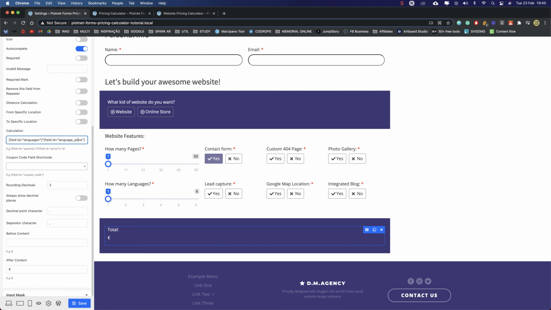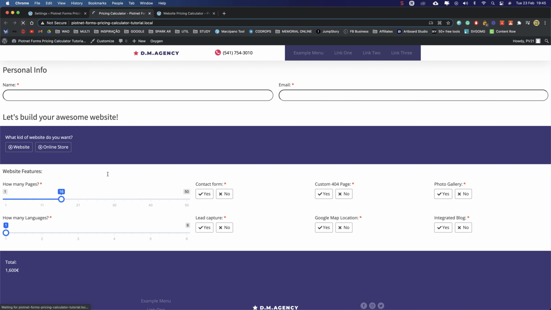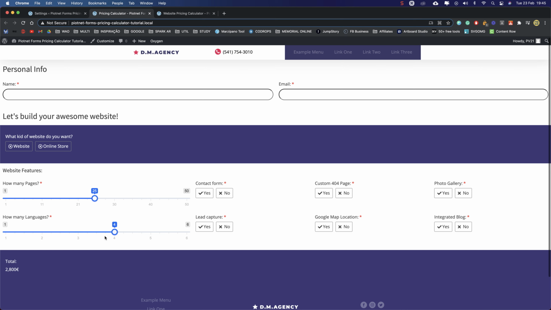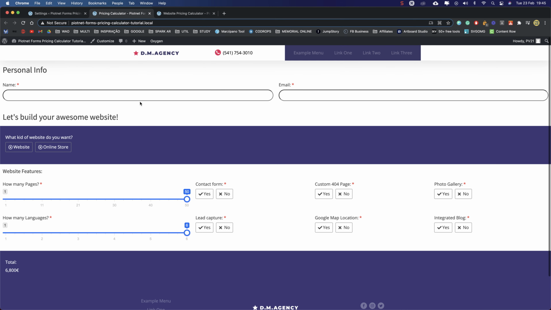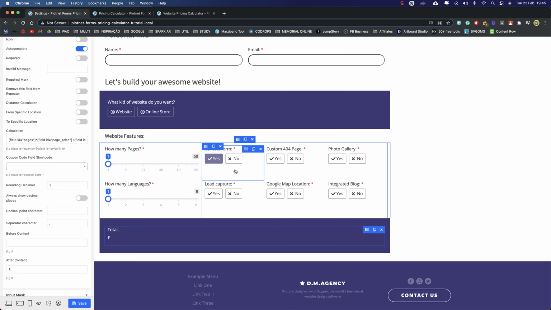Language price. Okay, let's save and see in the front end. Yes, it's adding up. Pretty cool. We have our basic form already working.